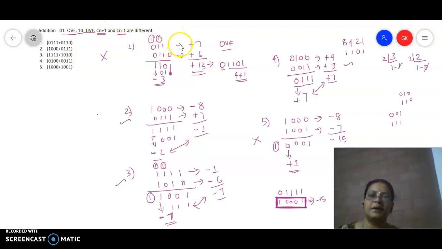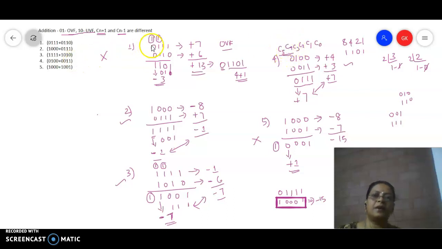So if we take this number, maybe I will write this for this fourth example. So this is going to be C1, and of course this is going to be C0, carry 1, carry 2, then carry 3, and then carry 4. Okay, and the input carry is always going to be 0. So whatever carry comes out of this first bit is going to be represented as C1, C2, C3, C4, and there could be a carry coming out of this excess bit that can be called C5. Okay, so now here we are going to compare the carry to the fourth bit and the carry to the fifth bit.